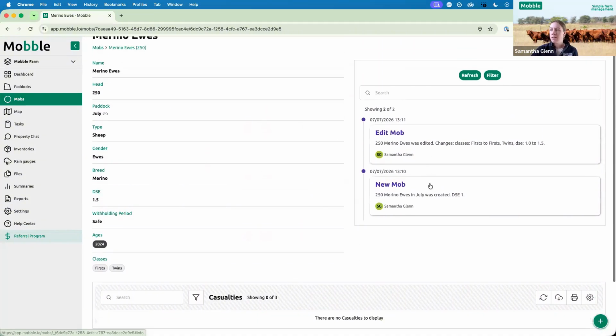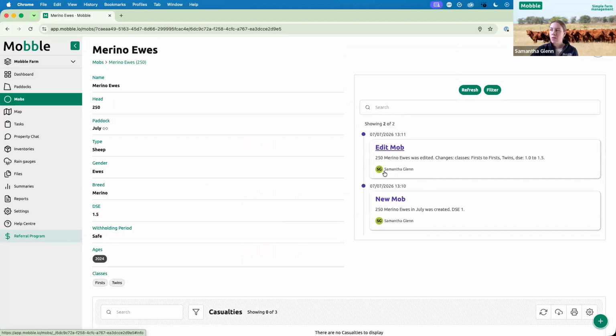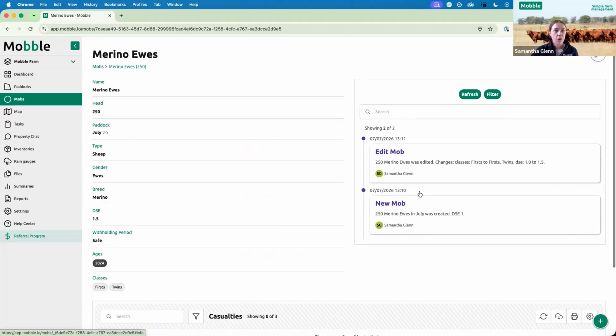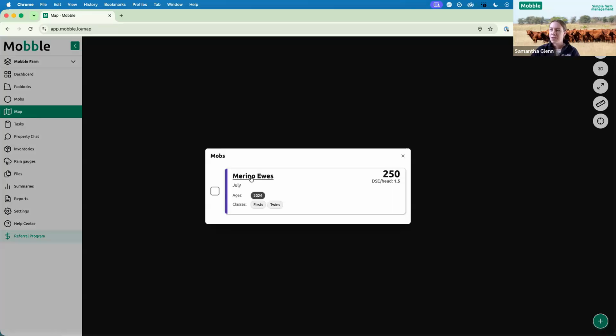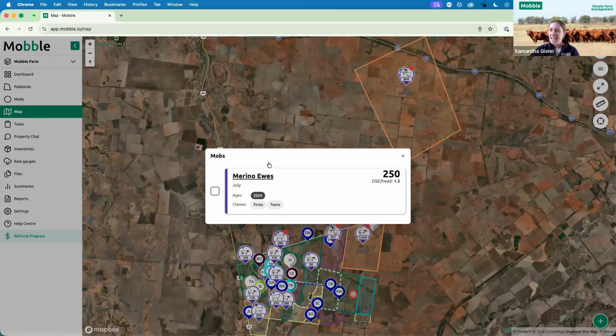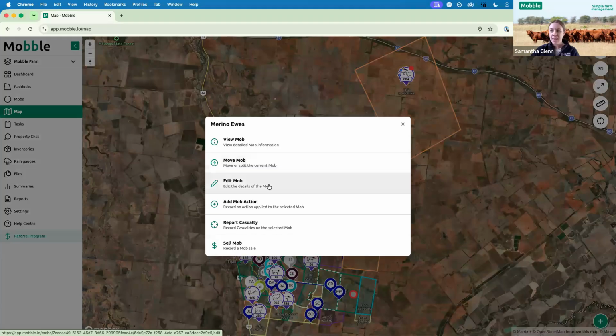And on the right here, you can see a full mob history too. And it's also showing who's doing what to the mob over time. So a really nice traceability of employees or contractors who have access to your Mobble. But if I just click back to the map page and click that mob card again, I have the ability to move the mob, to edit the mob, add a mob action, report casualty, or sell mob. So if I'm to add a mob action, for example,